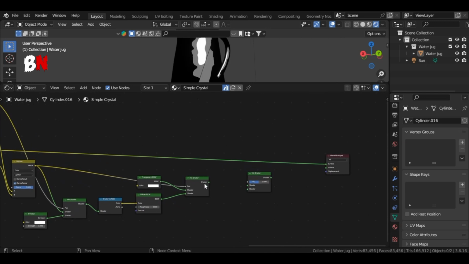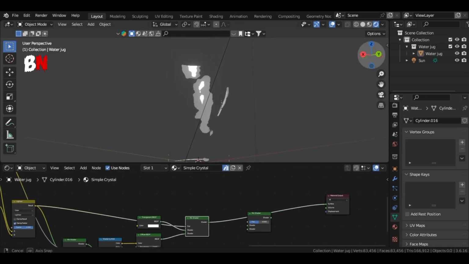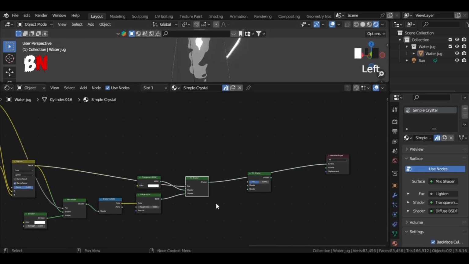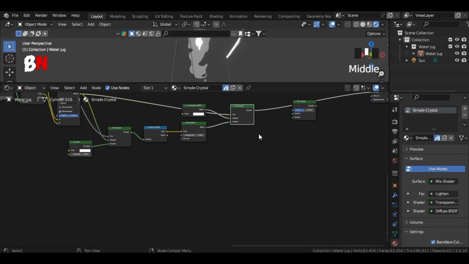Now let's connect this second mix shader to the material output and see what we get. As you can see, we have created a glass shader, but it still has some shortcomings, so let's fix this